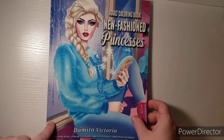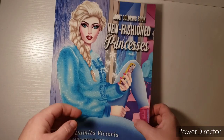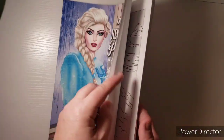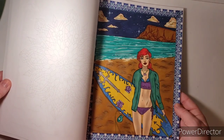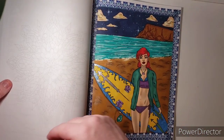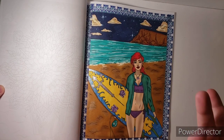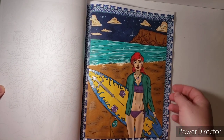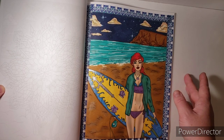Next one I have is New Fashion Princesses by Demita Victoria, and I have just done one. And I did this one, and I really thought it was Ariel, so hopefully it's supposed to be Ariel. Demita actually liked this on my